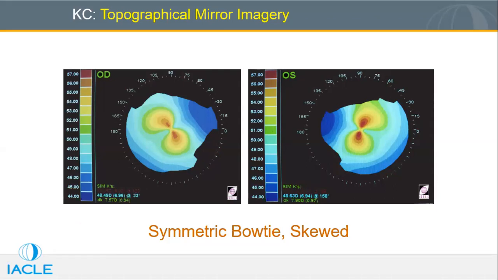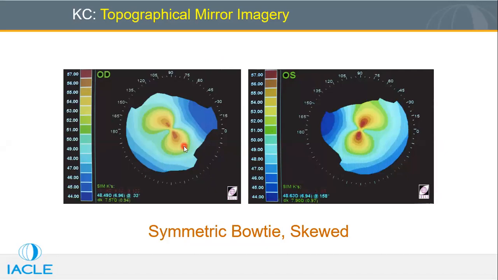Whoever knows, say it quickly. Oblique. Sir, you are taking a lot of time. Mirror images, sir, oblique. Vertical is more curved than horizontal, so it is with the rule, I think. Or it was already written, the asymmetrical bow tie. So in the right eye oblique astigmatism, but in the left eye it is with the rule astigmatism.